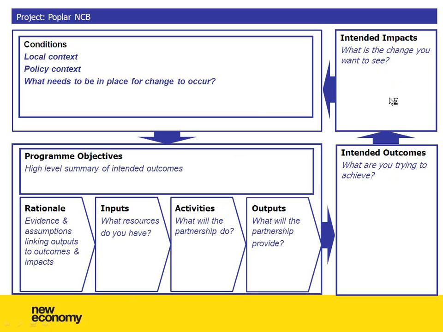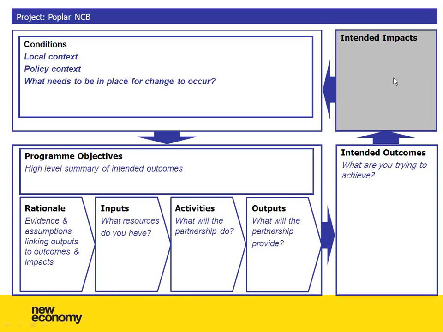So mentally, sometimes it's easier to go in reverse and to go clockwise around this logic model, starting at impacts and ending up at conditions. That's what we're going to do today. We're going to start in the intended impacts box, and I'll just talk you through how Poplar went about populating their logic model. So, starting up here with intended impacts,